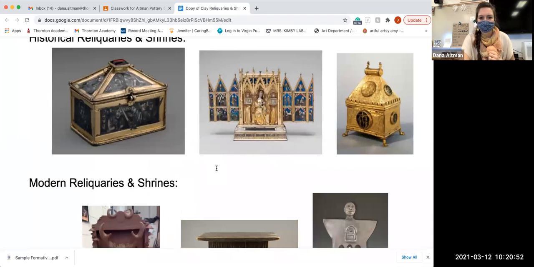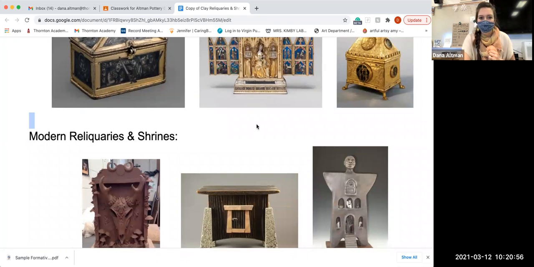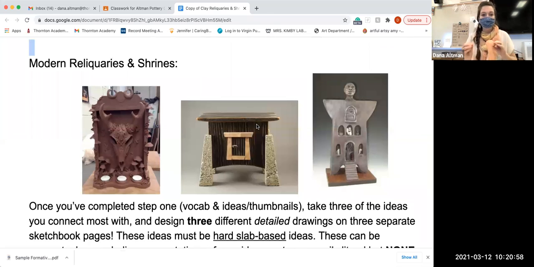But the more modern ones do. There, the more modern ones do. Okay, so on the left, with the animal skull, we have a shrine. And then the 2 on the right are more reliquaries because they're more container based. I had some different images in here, but I realized I changed it up because when we're talking hard slab,